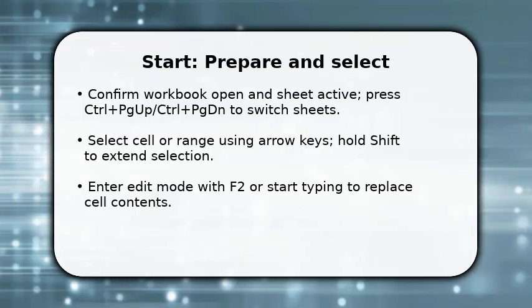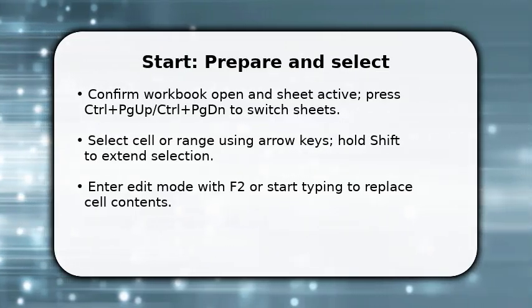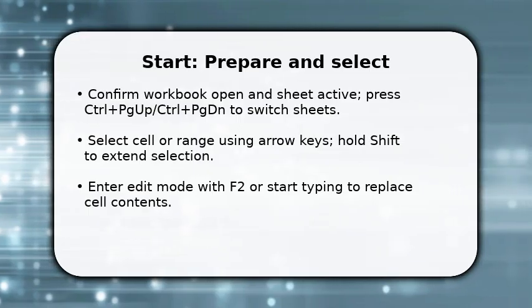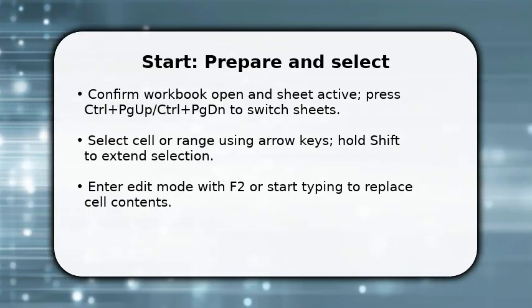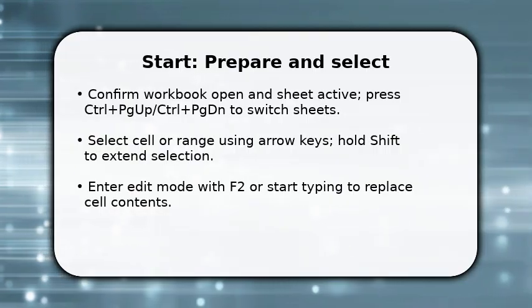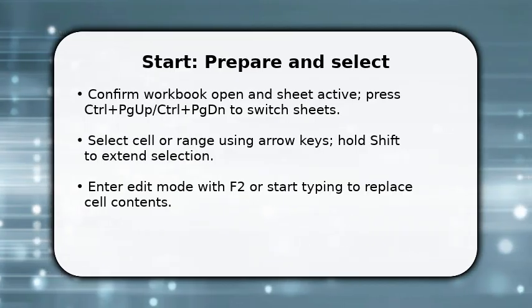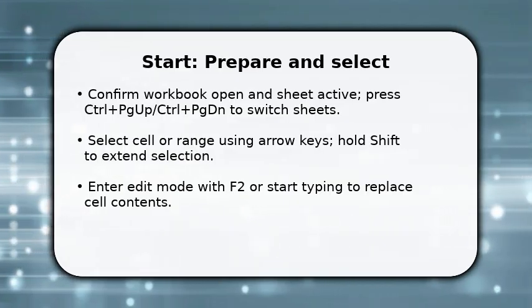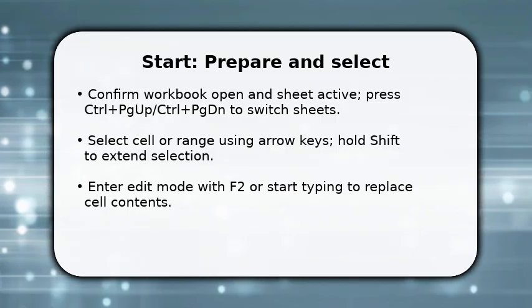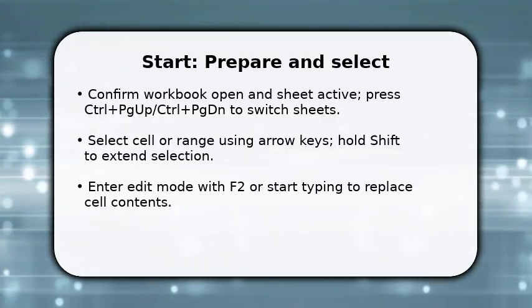You already have the workbook open. Now get the sheet you want. Use Control plus Page Up or Control plus Page Down to move between sheets quickly, and then navigate to the cell with the arrow keys. Once positioned, press F2 to edit in place or just start typing to overwrite. If you need a range, hold Shift and use arrows to expand selection. This sets you up to change content or structure without touching the mouse, keeping your hands on the keyboard for